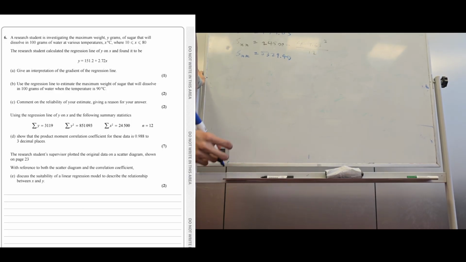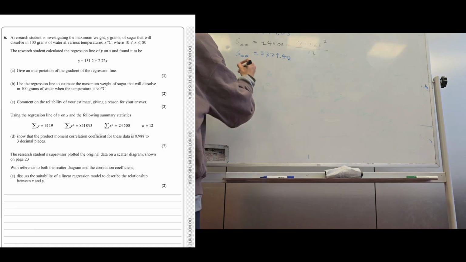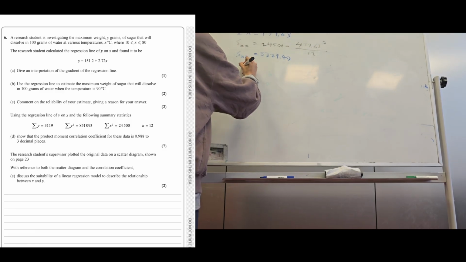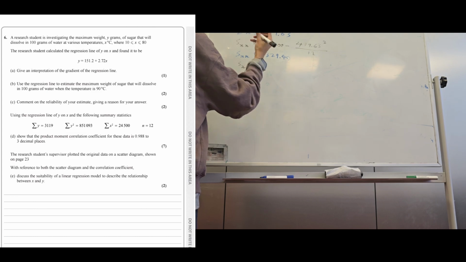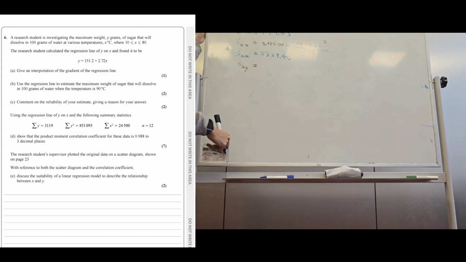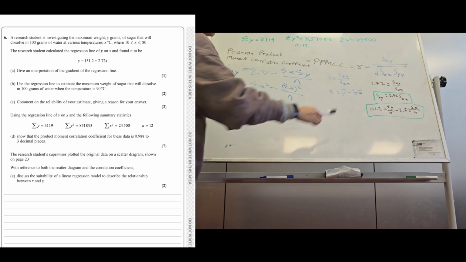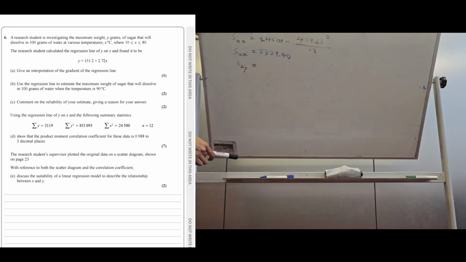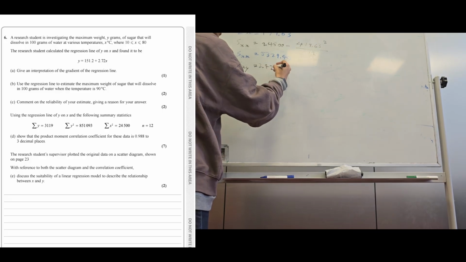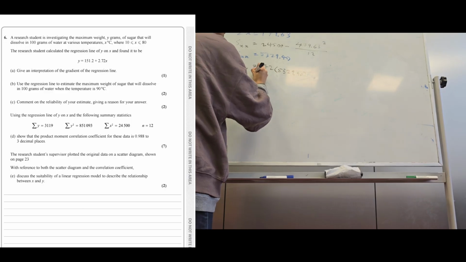Right, and now we can use this to find Sxy. I mean, we can find Syy too, but let's find Sxy first. Sxy is equal to b times Sxx, if you remember from the last slide. Let me just show it to you real quick. There, 2.72 Sxx. So 2.72 into 5329.40, and then we get